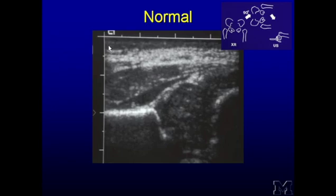So in these pictures, that little diagram is in the corner for your orientation, and what we see on the sonography is the femoral head. This is the ossified metaphysis. This is the cartilaginous acetabular roof. This is the osseous acetabular roof. This would be seen on an x-ray as well. This is the lateral aspect of the ilium. These are gluteal muscles coming around, and you can see indeed the ball is within the socket, as you see